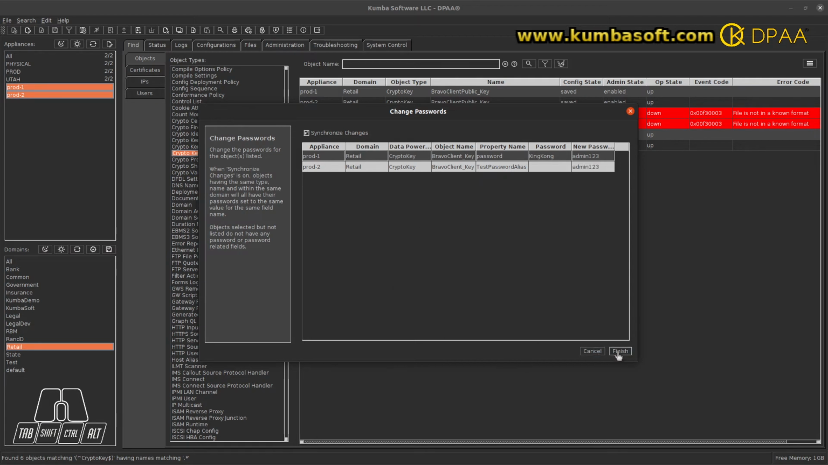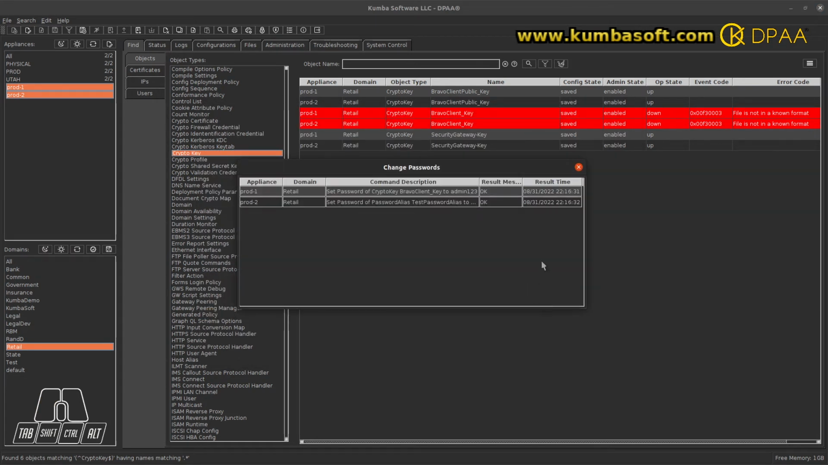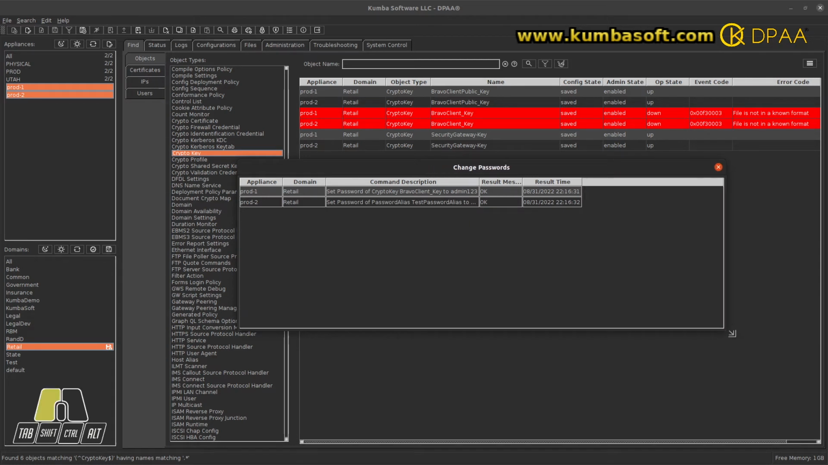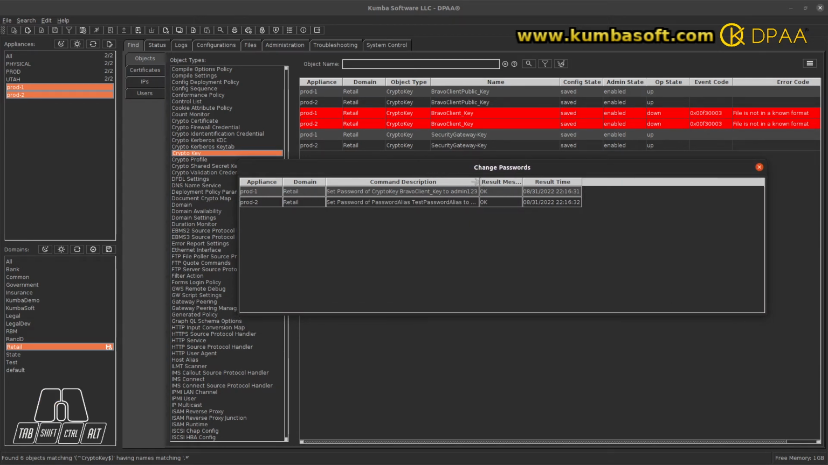And DPAA is smart enough to know this. When I click finish, watch what happens. So in the response window, when you expand this out, notice what it says. In the first appliance, it says I set the password of the crypto key, Bravo client key, to this password. But notice on the second appliance, it says I set the password of the password alias, test password alias, to